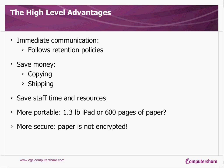We go into a lot of board meetings and help companies roll out these systems. I was in one recently when we were talking about security, and one of the directors put his hand up and said, "You mean we're supposed to shred these books after the board meeting?" And I think after the corporate secretary picked herself off the floor she said, "Well, yeah." He said, "Well, I have a library of these books at home. I keep all my notes. I keep everything." And there's a whole discoverability concept